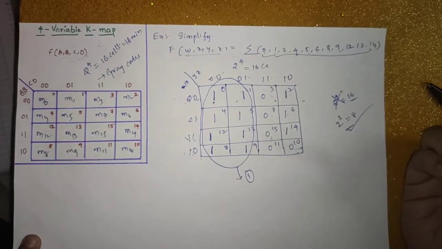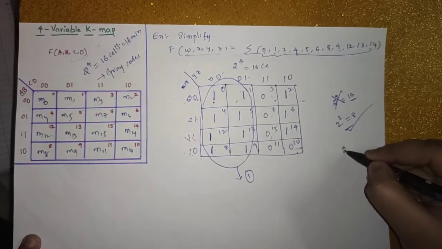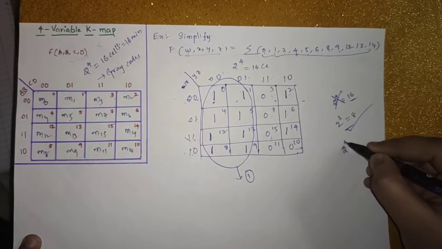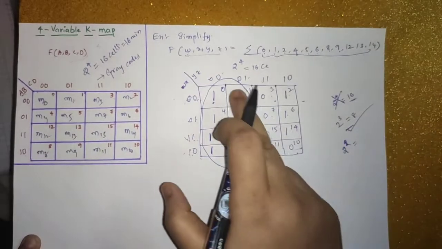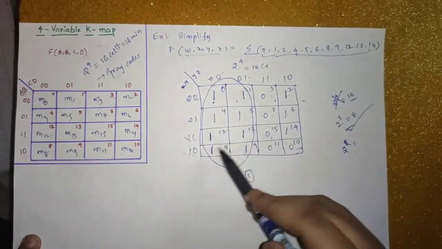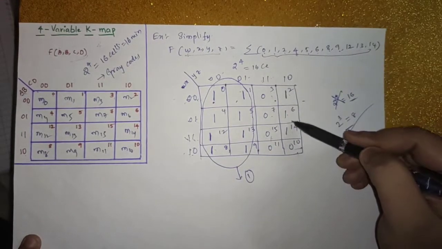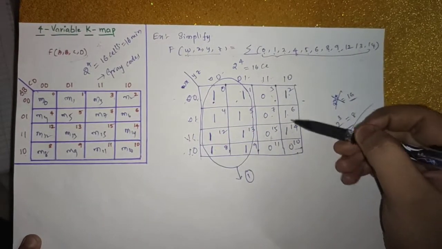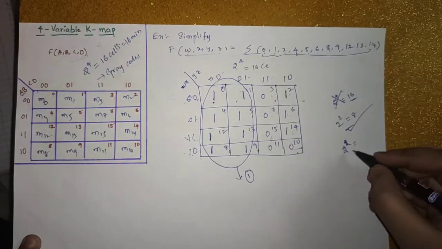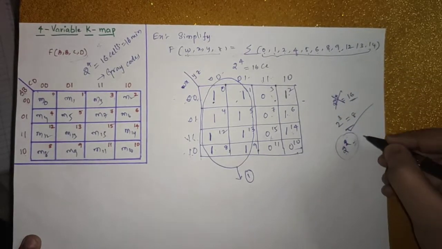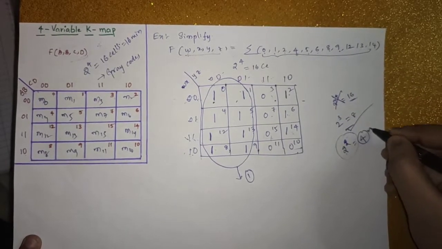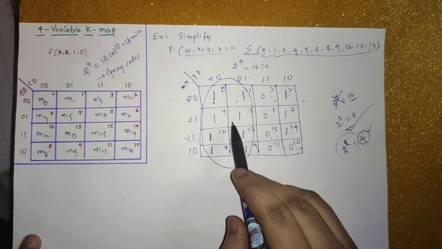3 ones are there, so go for the 4 pairings, which is 2 power 2. 8 ones, 8 pairing is possible, that is 1 only. Here again 8 ones is not possible because it has only 3 ones, so go for the 2 power 2. 2 power 2 pairings are 4. Is it possible, 4 pairing?